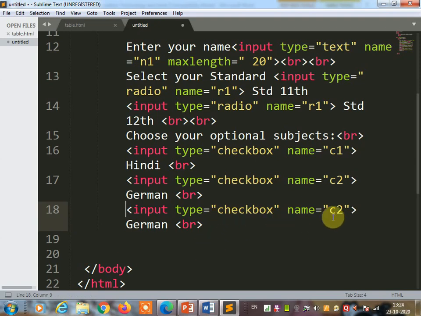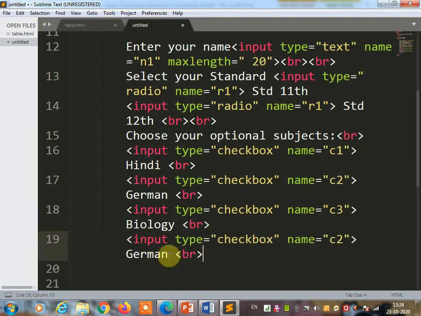Input type equal checkbox, name C3. Third subject you can take over here. And one more checkbox. So this way you can create 4 checkbox for 4 subject.